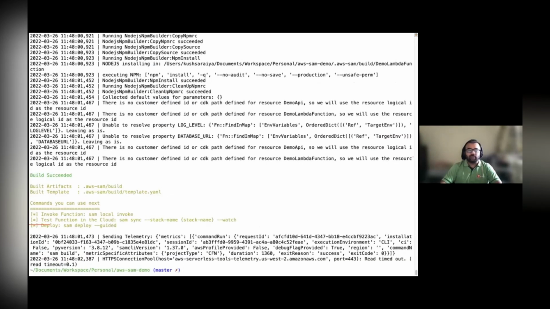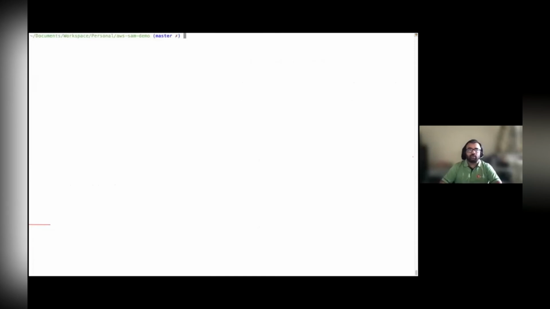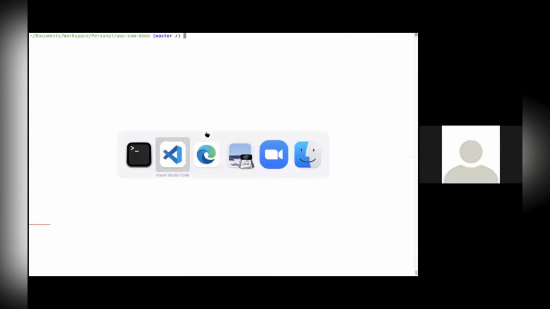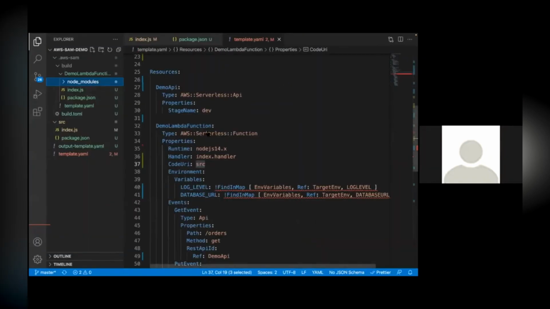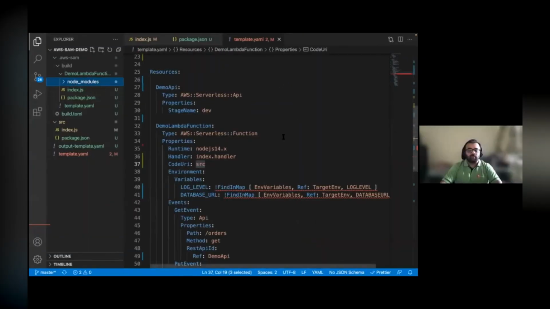So this is very unique to SAM, which is something I wanted to demonstrate. And another option is, let's say that now, if I just take this, it is always going to deploy, and you'll see that node modules will be there in the